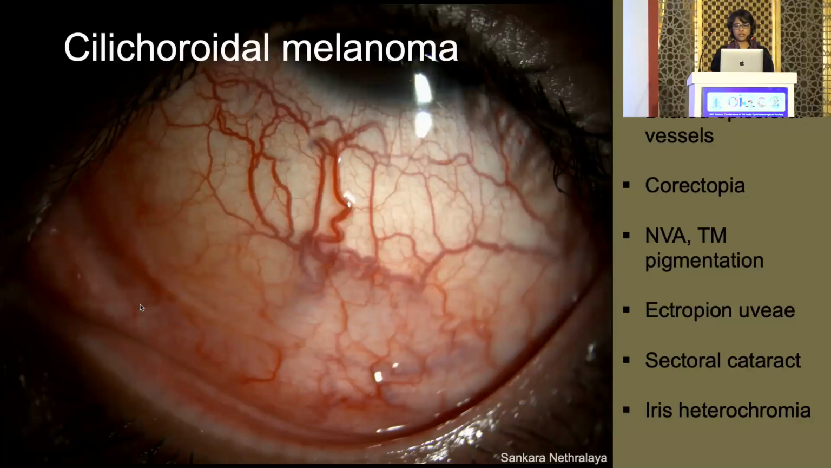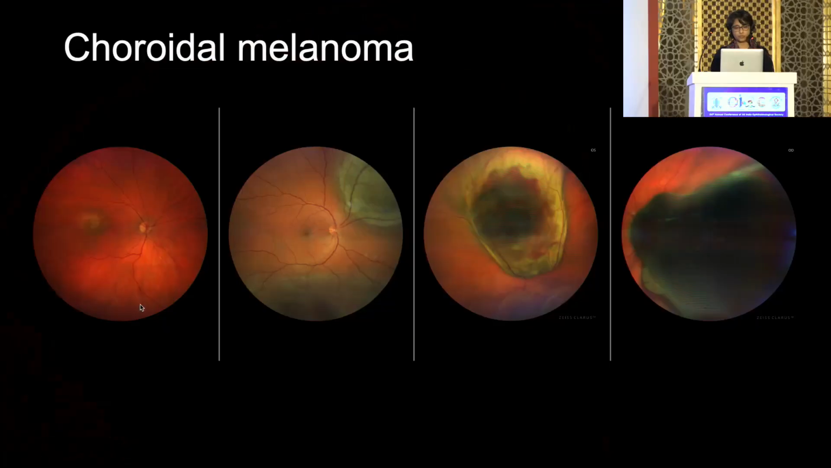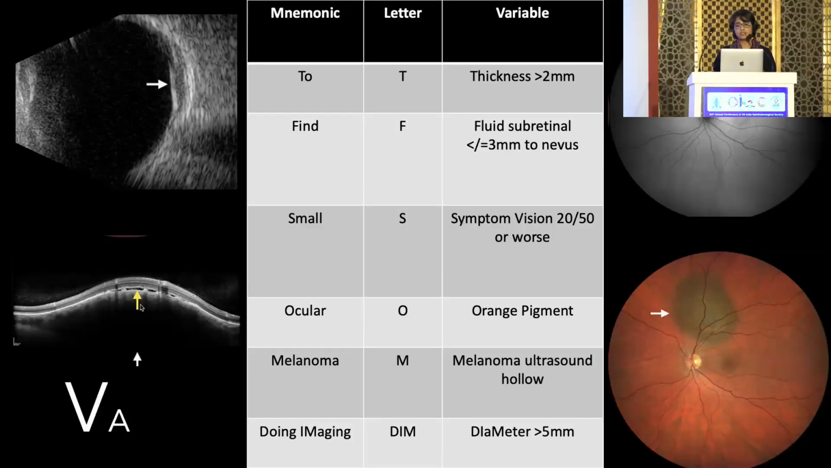So ciliochoroidal melanoma, dilated episcleral vessels, it is very important to look at the periphery carefully, even scleral indentation. Other features which can suggest a ciliochoroidal mass can be presence of corectopia, neovascularization of the angles and the trabecular meshwork, blood in the angles, ectropion uvea, sectoral cataract and iris heterochromia. Now, choroidal melanoma overall can be of several sizes, but it is important to recognize a small melanoma from a nevus. These are basically the imaging characteristics which can help, but I won't go into the details because of